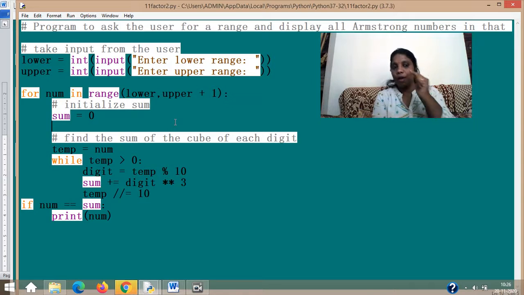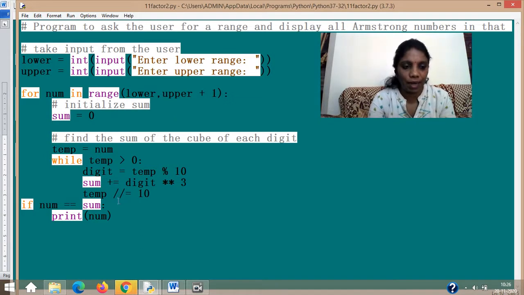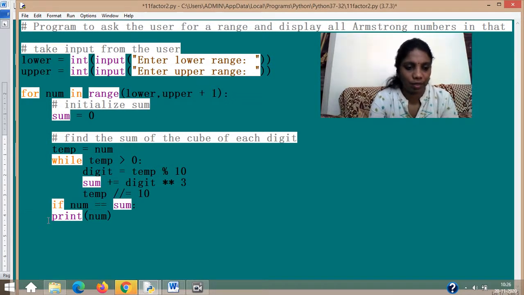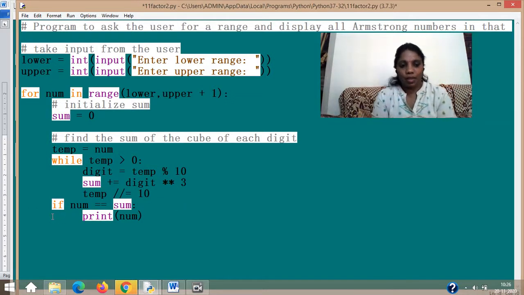See, after for num in range, I have given sum equal to 0. The same systematic coding which I had done in our previous one is given, isn't it? The only thing is that I have to check this a little bit properly because I have not done that. I purposefully gave it like that to show you that this time everything is coming under the for loop only. The for loop, and then inside the for loop you have a while loop.